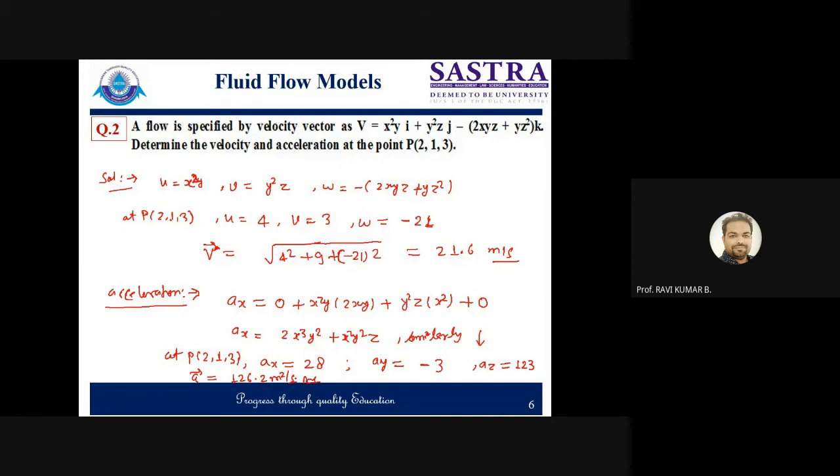Okay, now we'll go for the next. Given the steady two-dimensional velocity distribution where u is equal to kx, v is equal to minus ky, and w is equal to 0, where k is a positive constant, compute and plot the streamline for this flow, including the directions. Directions also we need to find out. So all these things we have to do here.